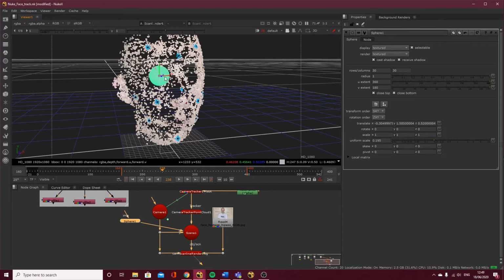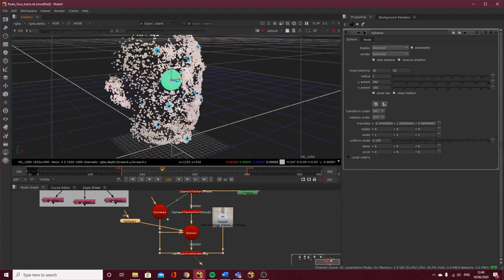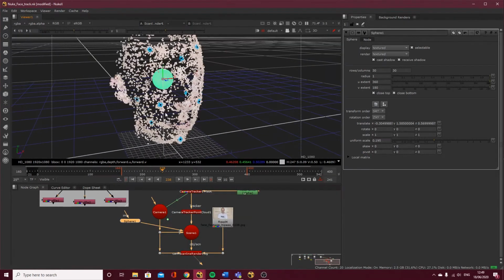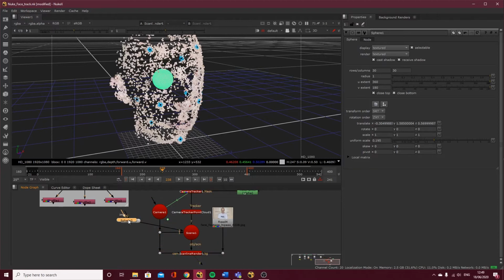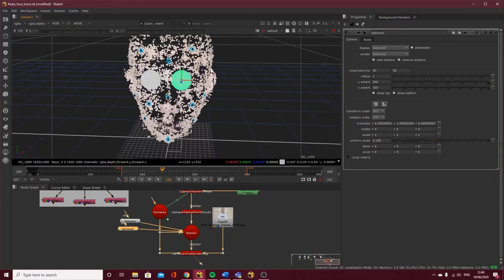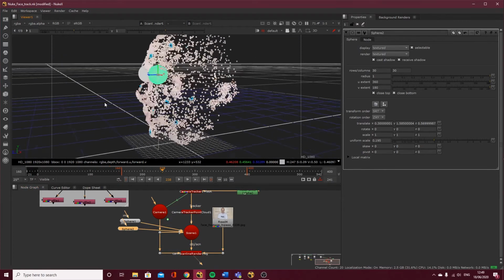It's only rough, mind, so don't worry about getting it in the exact position that you think the eye should be. But I'm going to take sphere 1, Control C, Control V. I've got another one, I've got two spheres now. I'm going to double click sphere 2 because they're in the same place exactly on top of each other, and bring this one across to the other side, alright? And just make sure it's lined up.